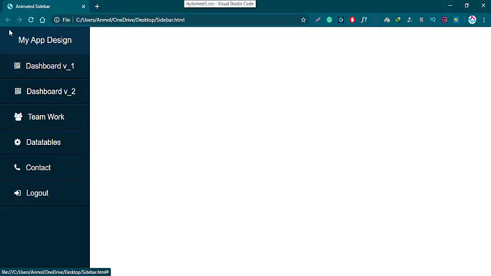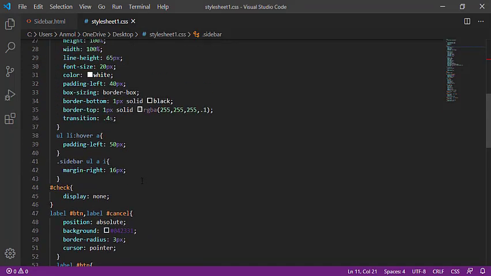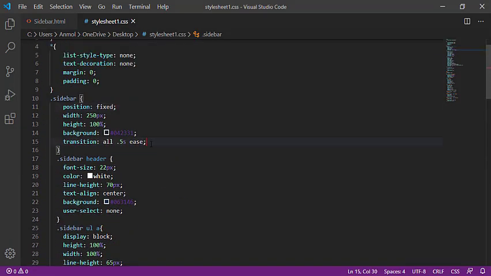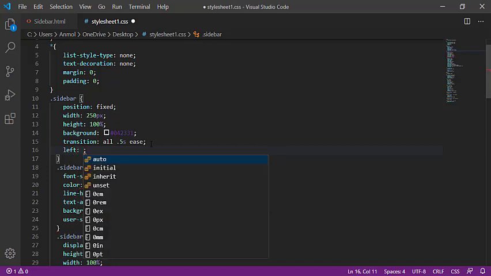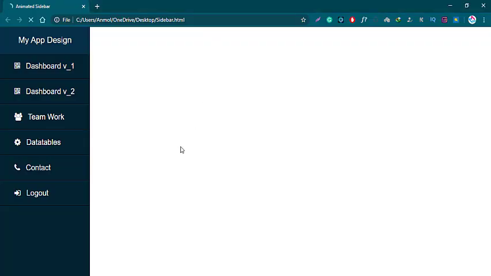Now run this program. We have this, but note the sidebar menu and the cancel button. So we should give that to the property of left. It's showing here. It's hidden on this side. So going to the sidebar, styling. In the styling, I am giving the left property with minus 250 pixels. And now run this. Here we are.